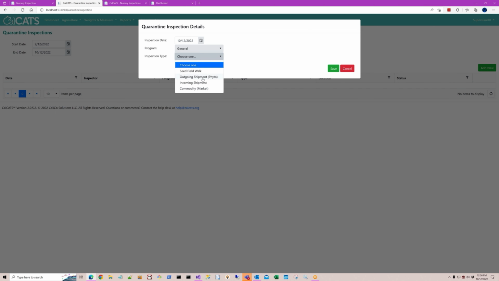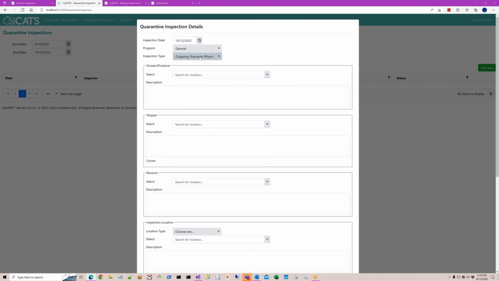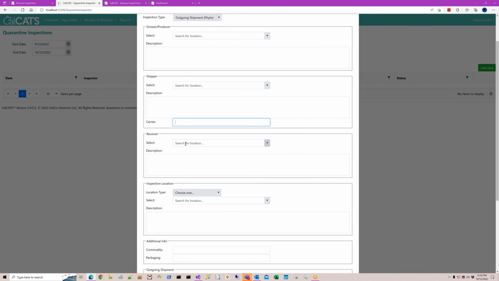So let's start with a real common one, right? So your FIDOs. For a FIDO inspection, we want to know who's the grower, and in each of these identification boxes, you can either pick someone out of your database, or if they're not in your database for some reason, you can just type it in. And then that would tie into the process of updating your locations database with that information. For the shipper, we want to know who the shipper is and also what carrier they use. And then for the recipient,